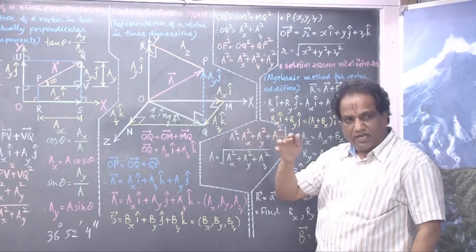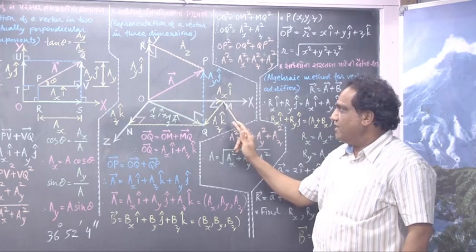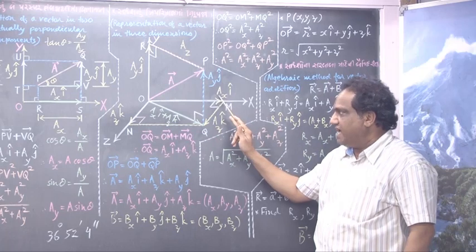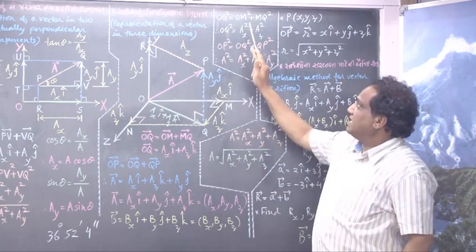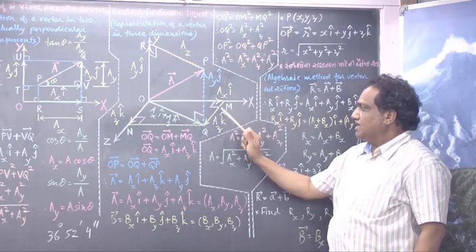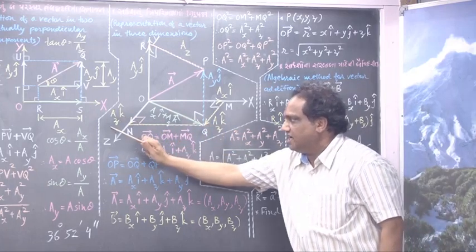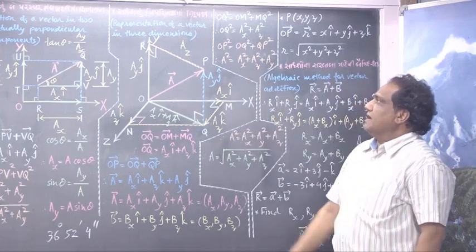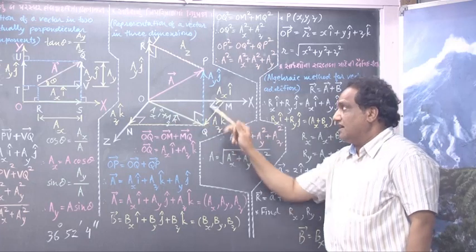When you take the length, you discard the unit vector. What is OM, everybody? AX. Distance OM is AX, and it's a square, so I should write AX square. What is MQ? This much or this much, or is it AZ? It is AZ, so its square will be AZ square. And now just apply the Pythagoras theorem to this right angle triangle.